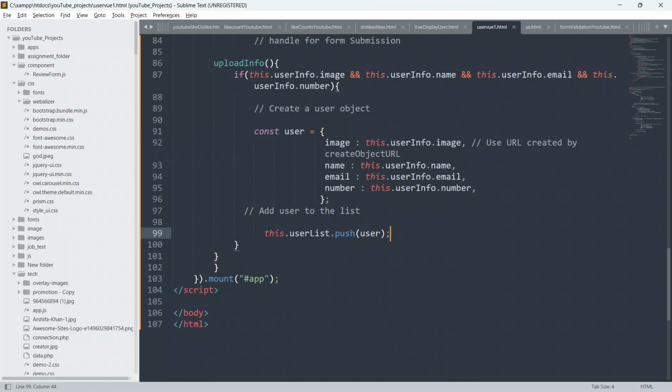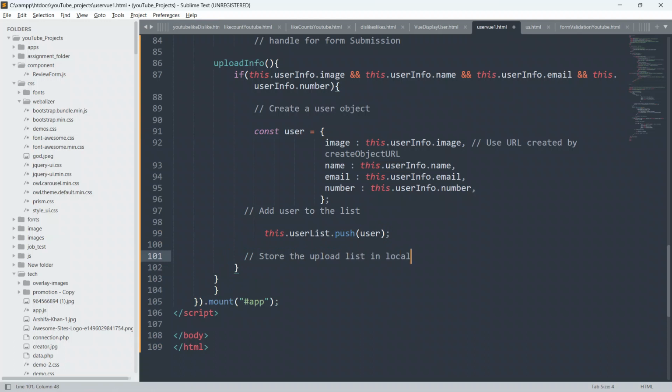Now I will also write a comment below this: store the uploaded list in local storage.